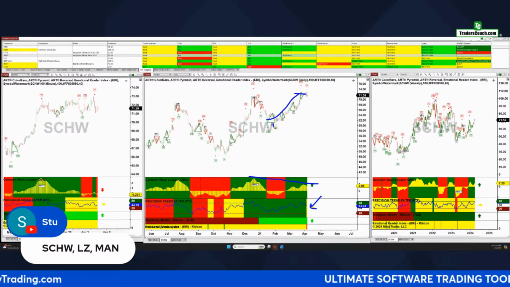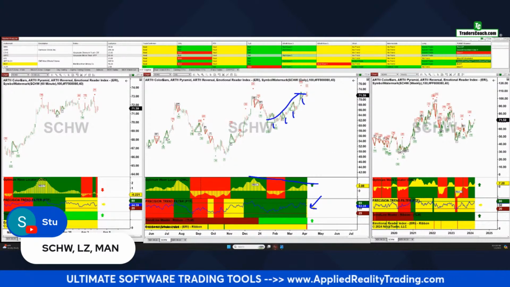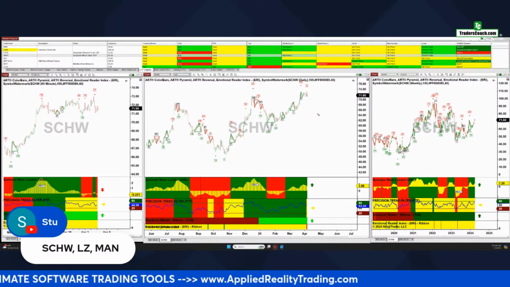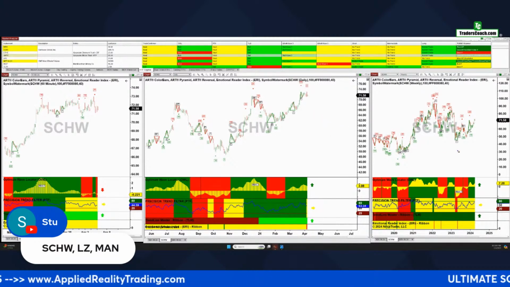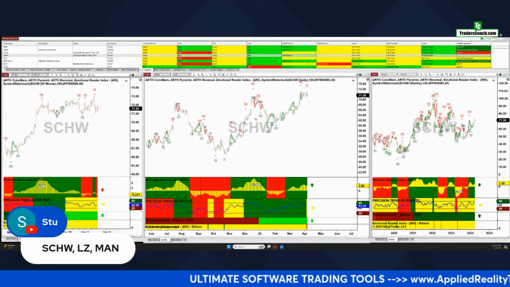You've also had 1, 2, 3, 4 pyramids in a row. So that concerns me on the daily chart. I don't like to go in after 3 pyramids because it's really an indication that the trend could be a bit mature and I'm getting in late. So on this chart here, a little on the late side.